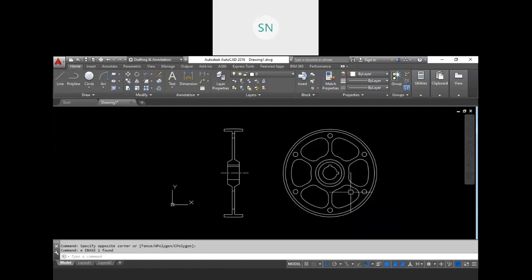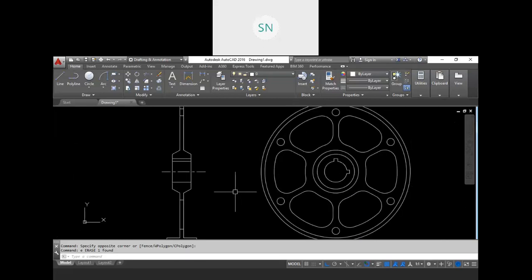Yes, sir. Okay, now let me continue our class. Last time we discussed text, right? And also text style. And today we have layer, hatch, and also we will try to cover dimensions if it is possible. Otherwise, we will see dimensions in our next class. And yes, we have table also. Okay, so sir, can you continue now? Yes. Let me explain.